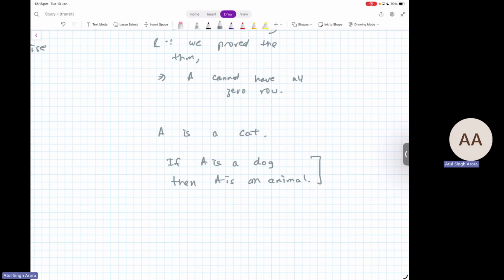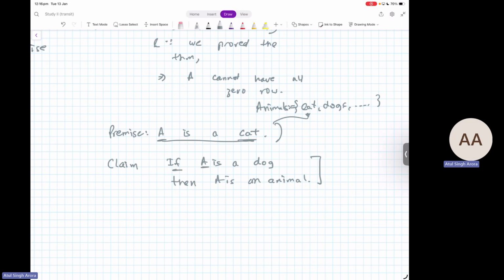So this statement is true, right? But the premise doesn't imply that A has to be a dog, is what I'm saying. So this is your premise: you're given that A belongs to some set, there are some elements. If there's a set of animals, so there are cats, dogs, whatever, these are animals. And the premise is that A is one of these objects, okay? That's fine. And the claim is that